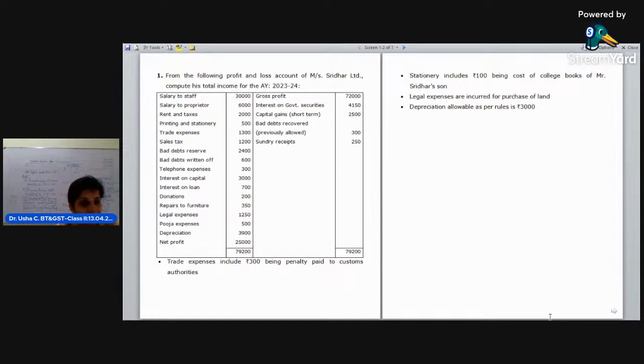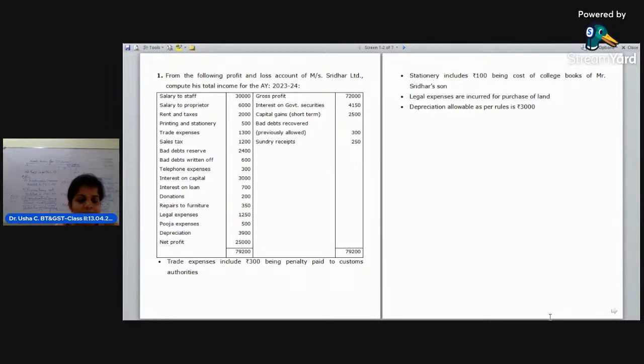But interest on capital is not allowed. Next, donations. Again, donation is not allowed. But for this, the deduction will be given under section 80G. Whatever the deduction we give from 80IA to 80U, there we give deduction for this donation. But here it is not allowed since it is an inadmissible expense and giving donation is not the business operational activity. Correct? So we need to consider this as an inadmissible expense and add it back to the business profit,